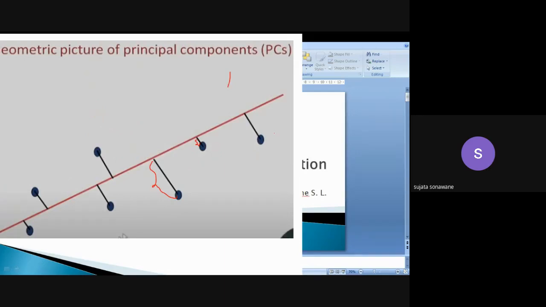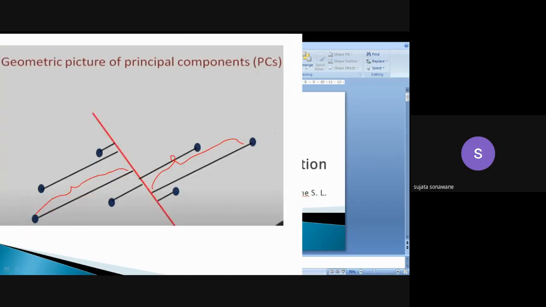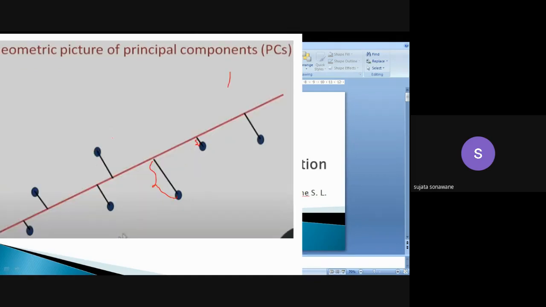एंड वेयर दिस वेरिएंस इज अ लार्जर, जो आपका गैप है आपके एक्सिस और आपके पॉइंट्स के बीच में, वो गैप आपका कम होना चाहिए, जैसे कि आप यहाँ पे देख रहे हो. So you can see here that this point lies too far away from this axis. Okay, so this difference is less here, so therefore the variance will be larger, and that's why we will prefer this principal component. ठीक है, तो जब आप प्रिंसिपल कंपोनेंट सिलेक्ट करेंगे तो इस तरीके से सिलेक्ट करना कि जहां पे वेरिएंस कम होता है.